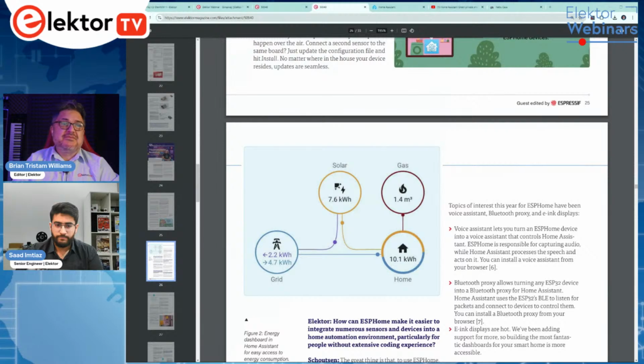Now, this Home Assistant is a software product, and it is open source. So it's designed to centralize control of your smart home devices from various brands, and it offers over 2,000 devices and services. And being in the maker community, we won't always have something that is compatible, but this is what I want,